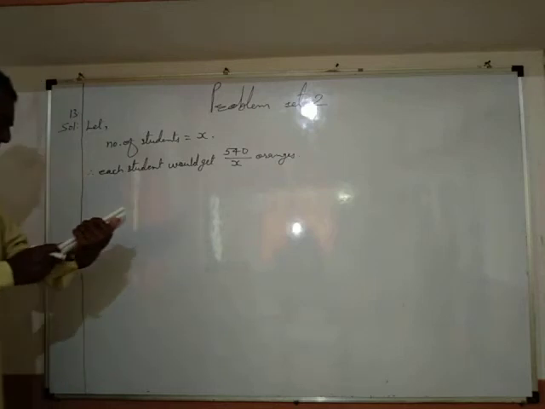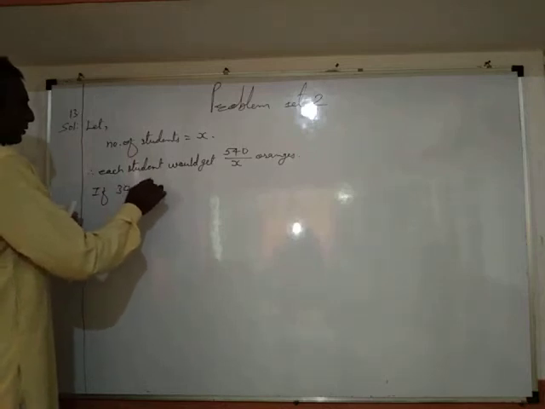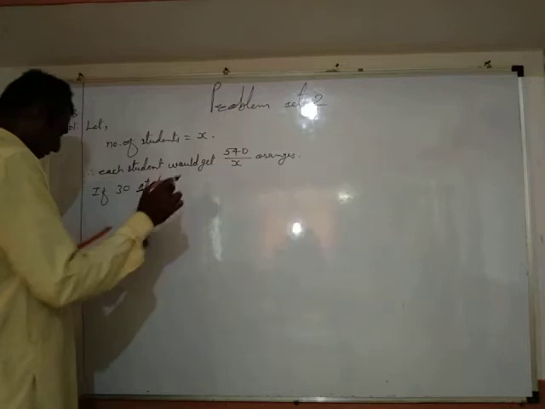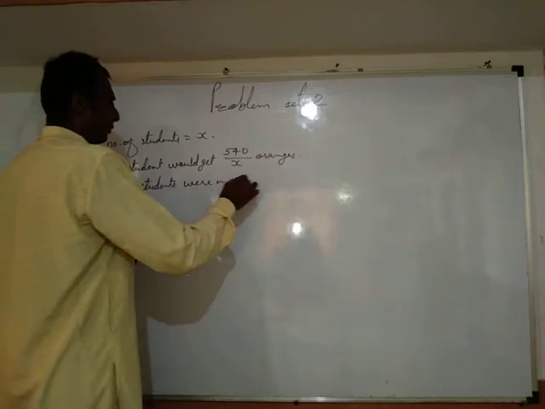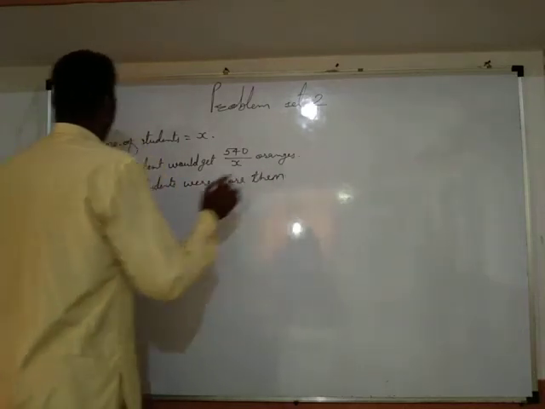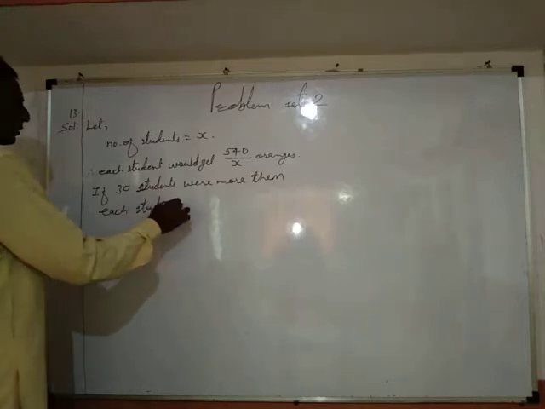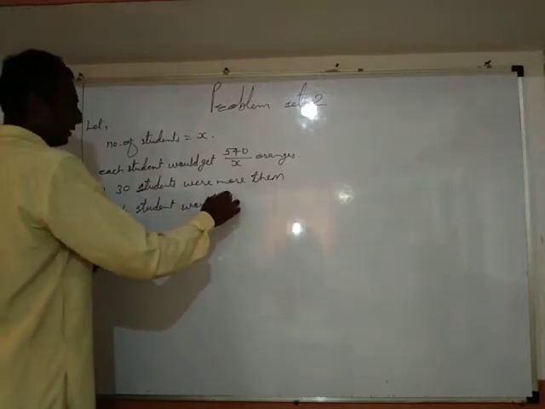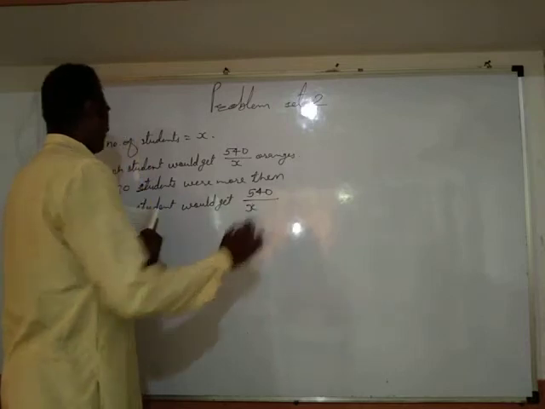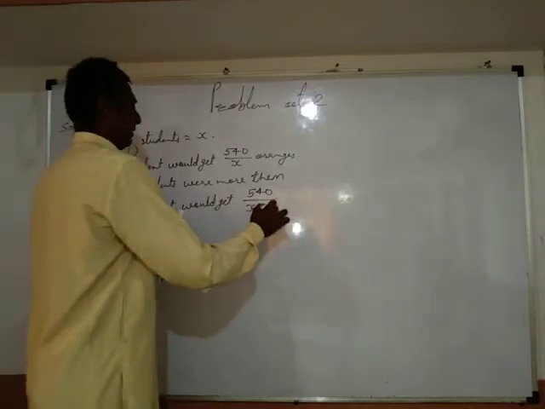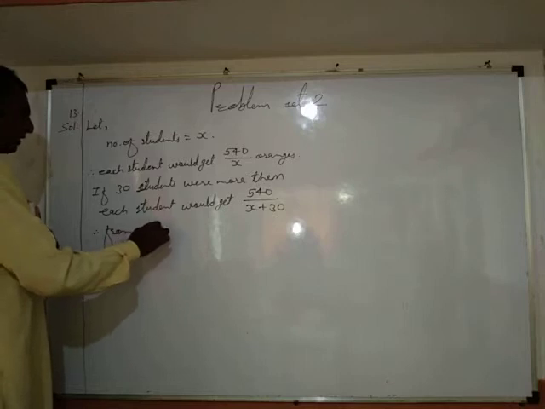If 30 students were more, then each student would get total number of oranges divided by total number of students, means in this case x plus 30. And therefore from the given condition,